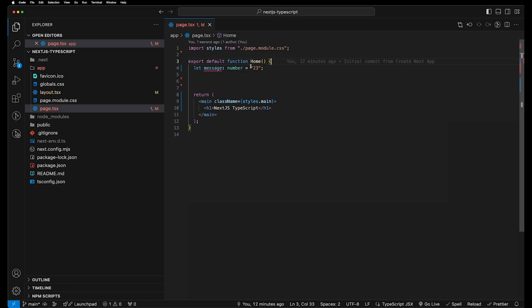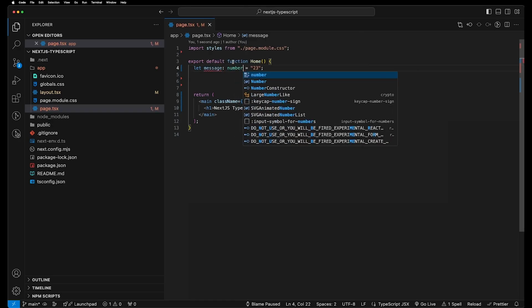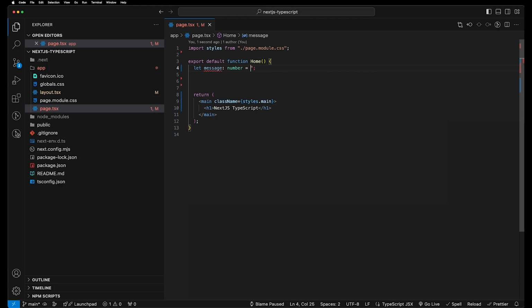So for example, if I didn't statically type it, it wouldn't error because I haven't told it to be a certain type. And if I hover over it, it changes the implicit type. So you're starting to get an idea of how TypeScript thinks, how it works, how it's been made to work. And I'm going to change this back to number, and then I'm going to change this back to 23. And that's absolutely fine. So let's turn this back to a string, and I'll put this hello world, and then